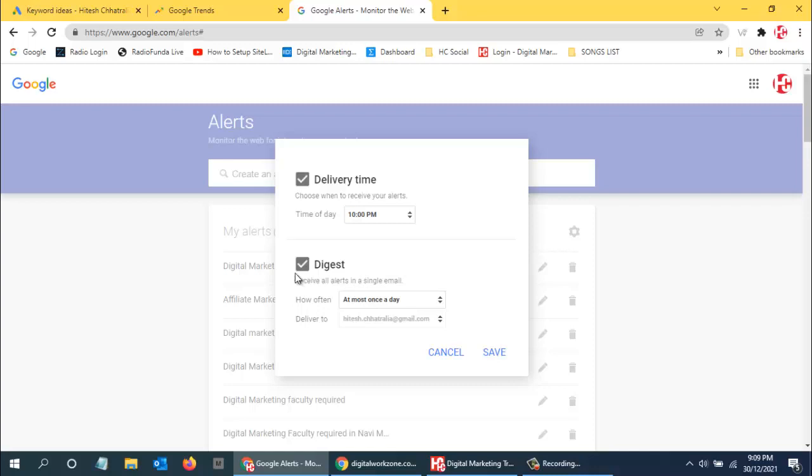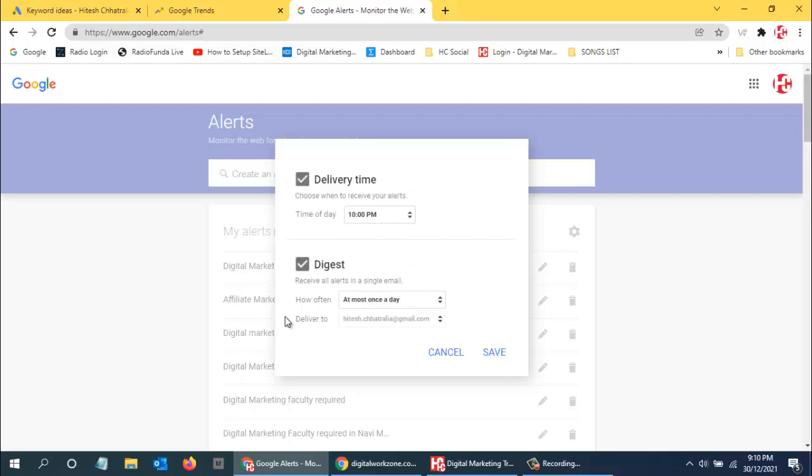And then I will get a digest email. Digest email means multiple entries in one email, so multiple job requirements in one email. And how many times a day? At least once, at the most once a day. So that I get. It is not necessary that everything will work exactly. I don't get emails exactly at 10 p.m., but after 10 p.m. I get a lot of emails. So this criteria works.